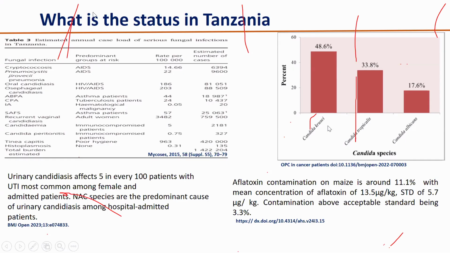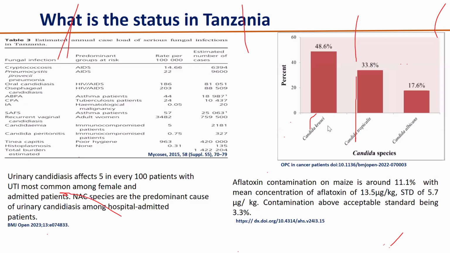We found a majority of the oral candidiasis are caused by non-albicans Candida species, not Candida albicans. The majority of them is non-albicans Candida species, and it was led by Candida krusei. And Candida krusei is of public health importance because up to 80% of Candida krusei are inborn resistant to fluconazole. We should remember fluconazole is the mainstay antifungal agent that we are using for management of